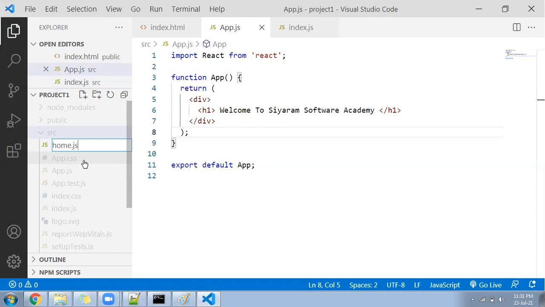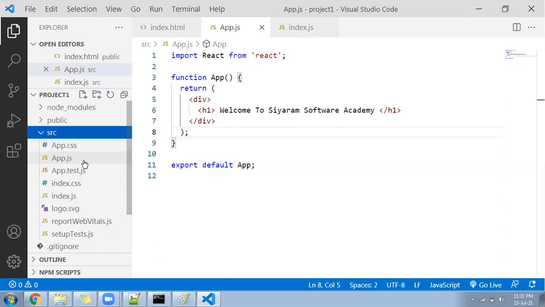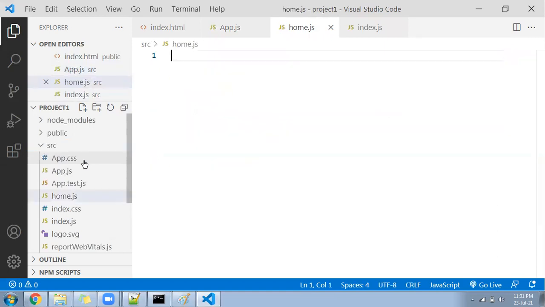One is the class component, another is the function component. In this tutorial you are learning completely functional components, based on hooks. So I created a file called home.js. Enter. You will see one file get ready that is called home.js.